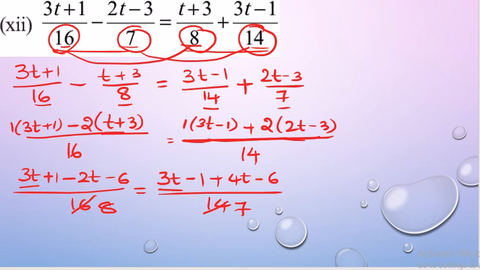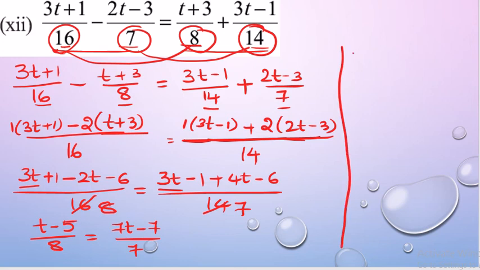So 3t minus 2t is nothing but t, 1 minus 6 is nothing but minus 5, divided by 8, which gives me, 3t plus 4t is 7t, minus 1 minus 6 is nothing but minus 7, divided by 7. Now if I move on to further simplification, this becomes t minus 5 divided by 8 is equal to,